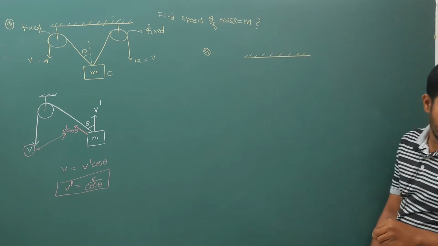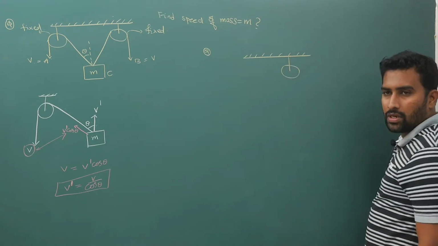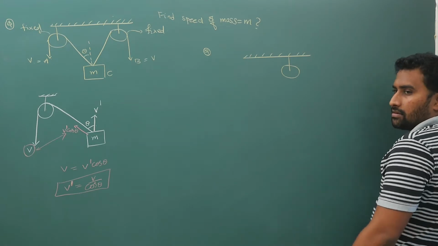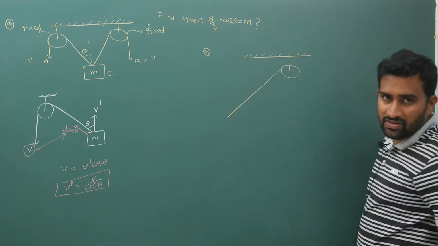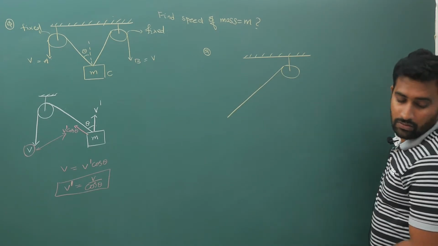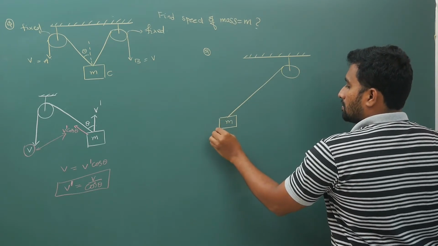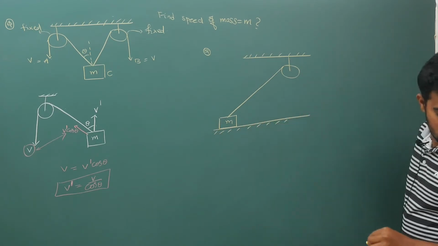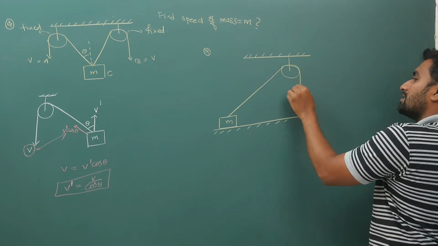you have a ceiling here, attached to this there is a pulley. Always in this, try to draw the pulley first. Don't draw the string first and then attach a pulley, instead draw the pulley first and then attach strings, or else drawing the diagram will consume a lot of time. And there is a thread that is hanging this way,